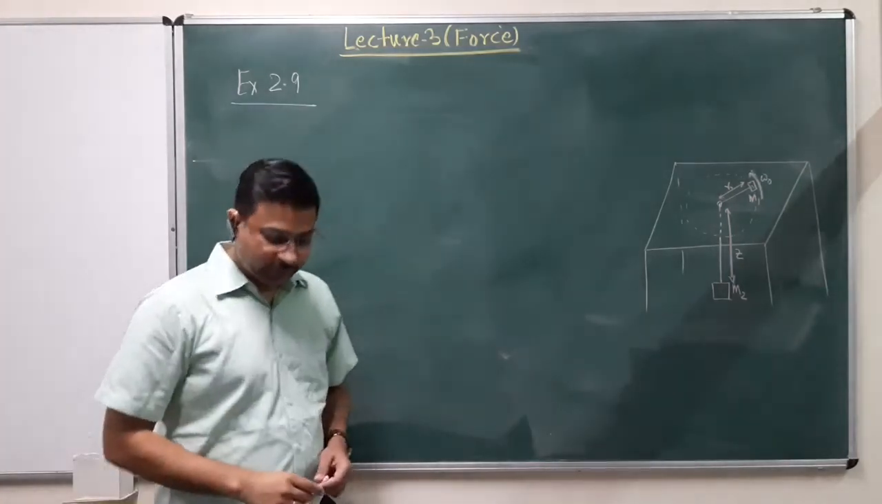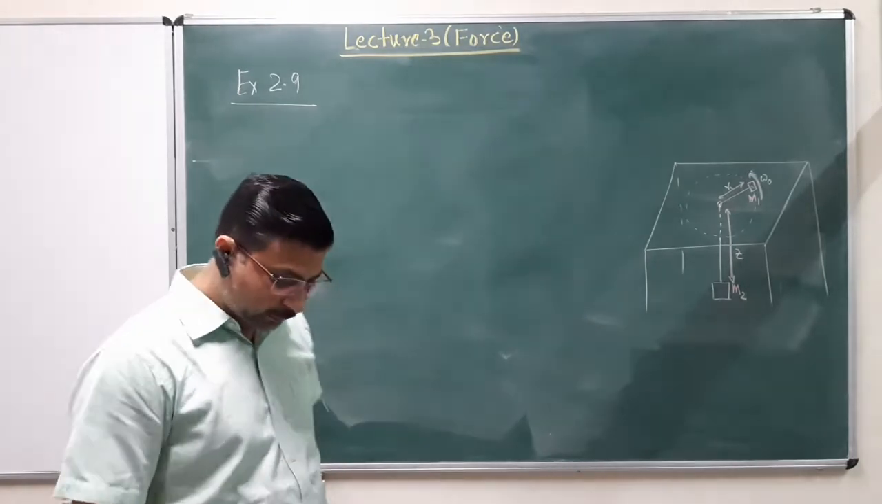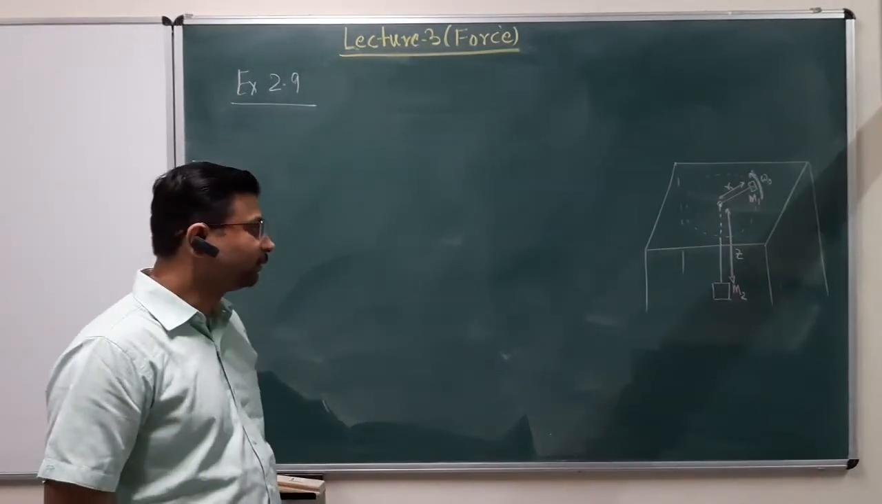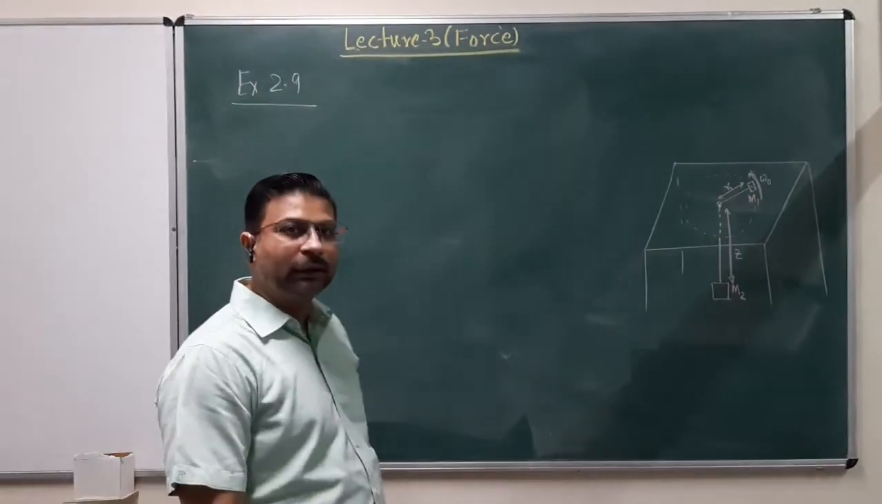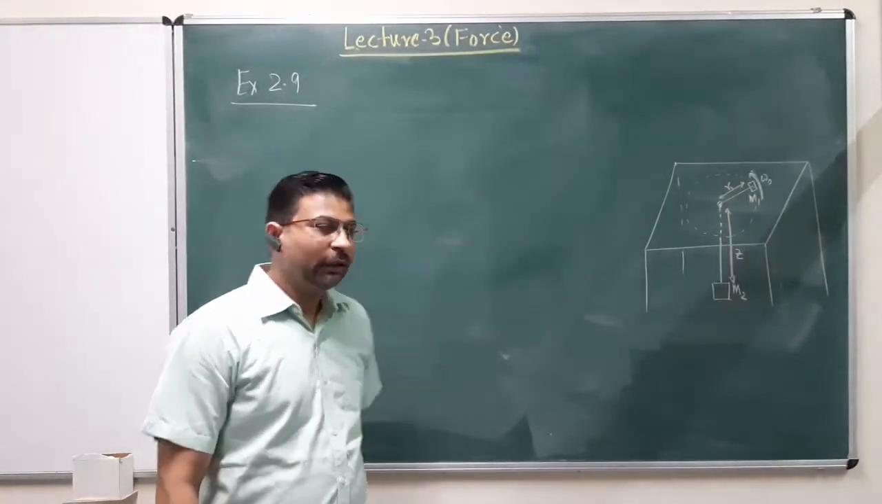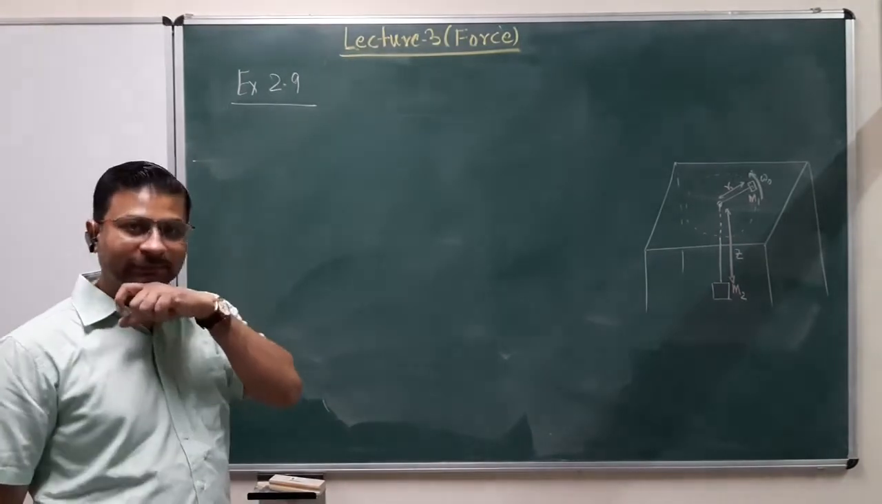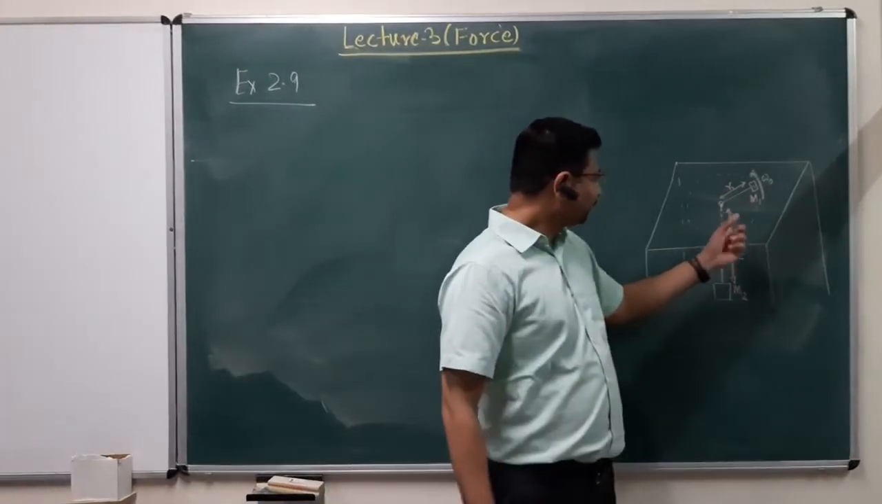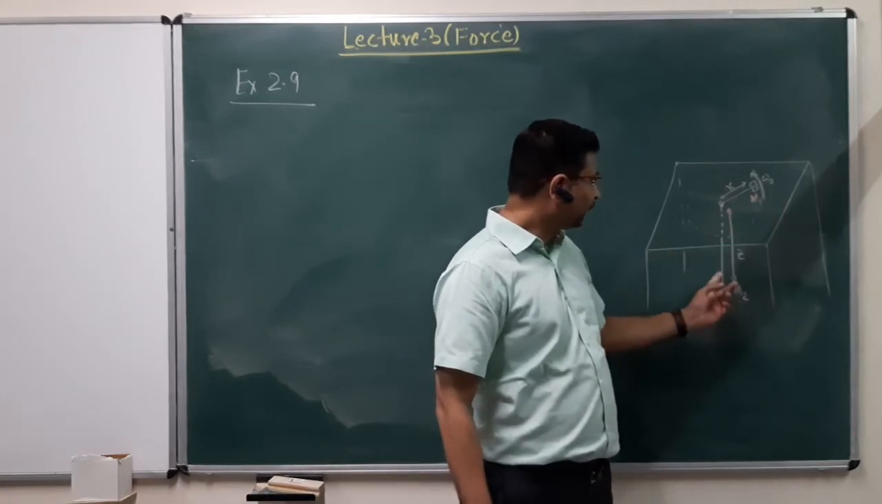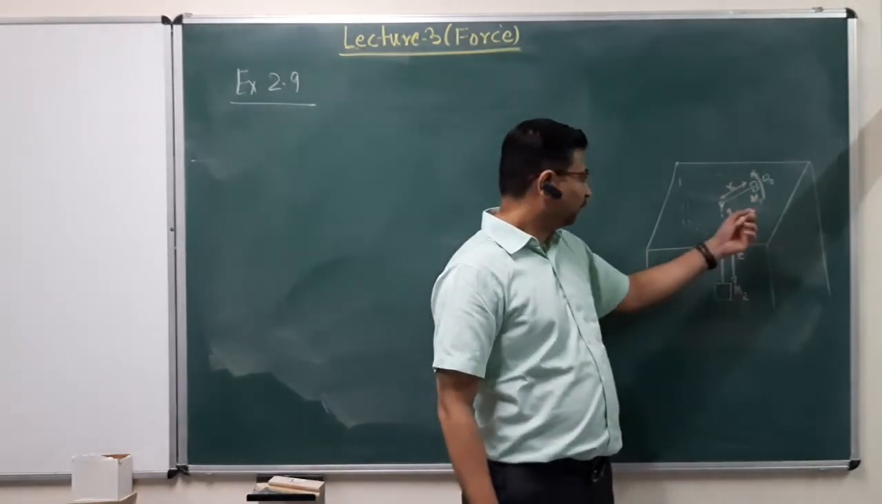So we will finish this topic on force by considering two more examples, and these examples I am taking from the book of Kleppner and Kolenkow. The first one is example 2.9, and the problem says something like this. We have two masses m1 and m2 connected through a string of, let's say,